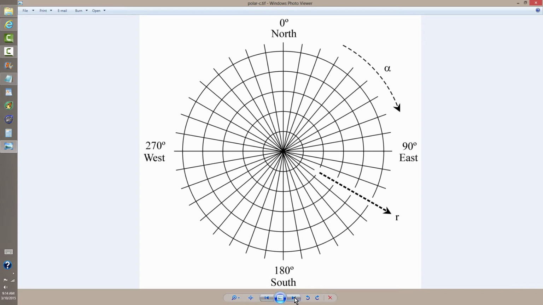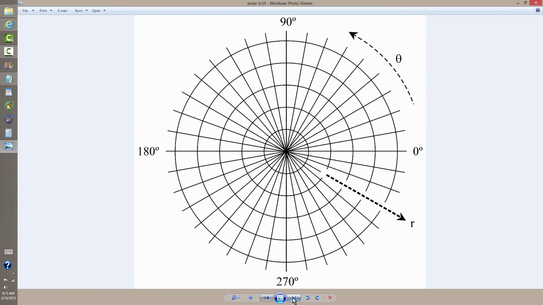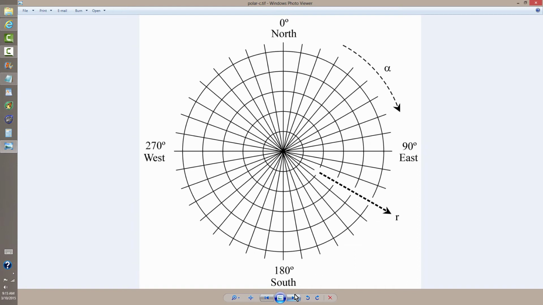So once again, what we have here is the mathematician's system, where the radius goes out from the center and the angle goes counterclockwise from east, as it were, in radians. The applied mathematics and engineering system, where the radians are replaced by degrees, but otherwise the system is essentially the same. And the navigator's system, where we have the azimuth, or direction, starting at north and working its way clockwise,